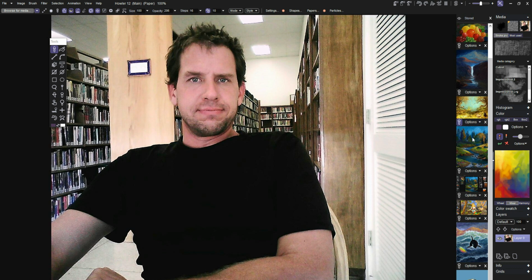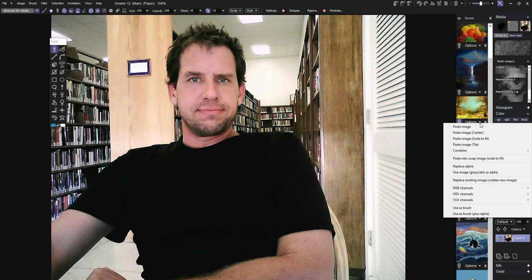You can use it as a color picker. We can come down here and pick this like it were a palette or something like that. And then there's, of course, the compositing options. We can replace the current image, we can combine it with the current image using different combine modes, layer modes. We can find the independent red, green, and blue channels, or HSV or YUV channels. We could use it as a brush